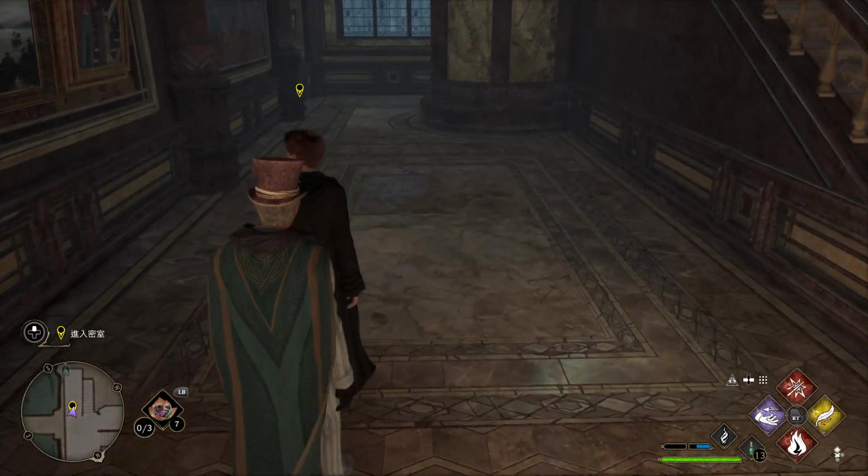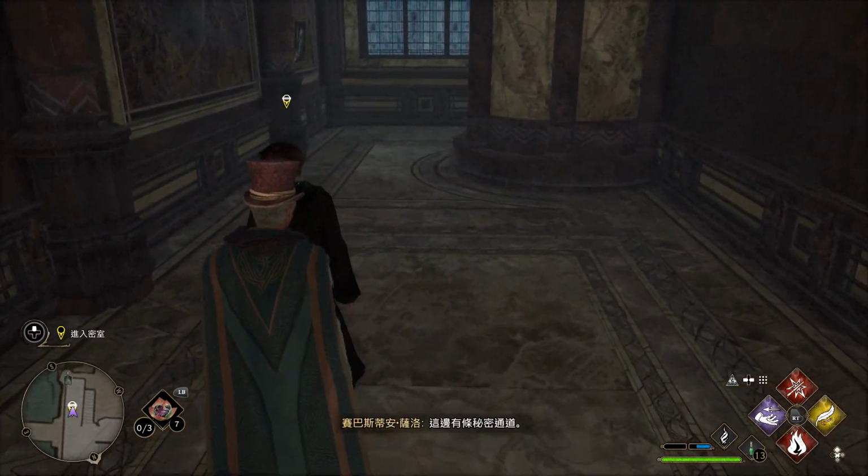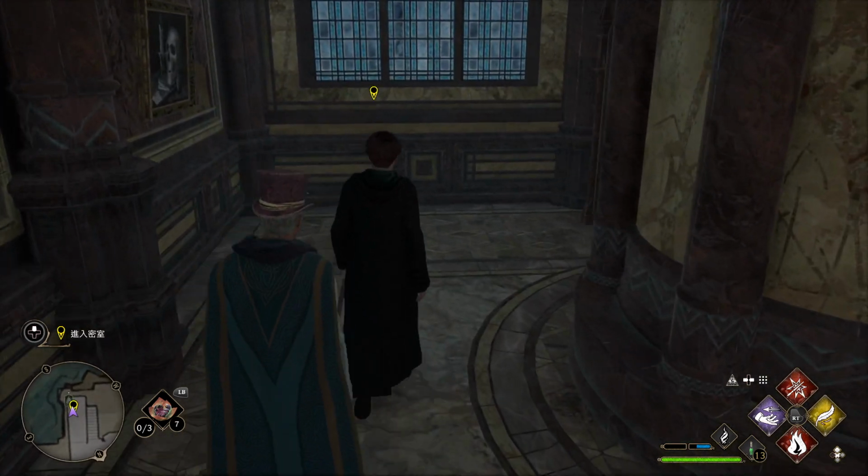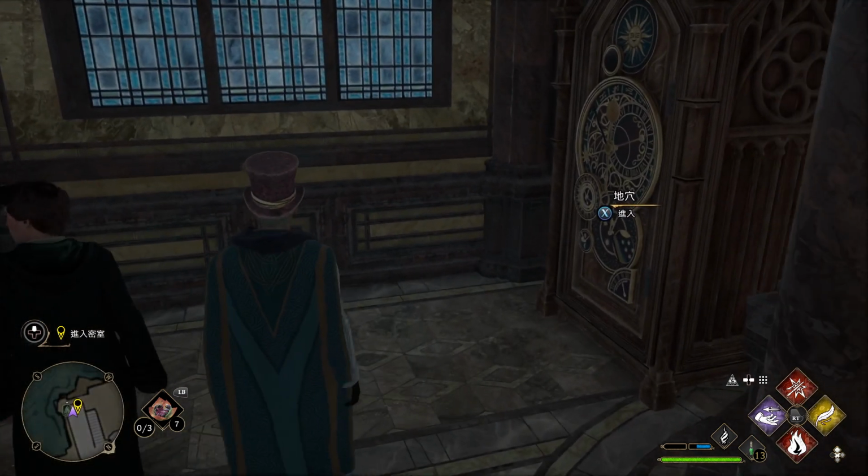蛇院的学生都可以找到一些奇怪的东西。There's a secret passage just here. It's well disguised. 所以这个会不会就是那个消失的密室嘞？